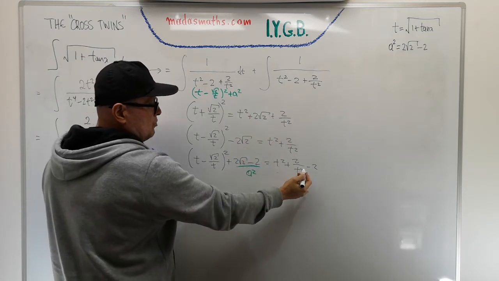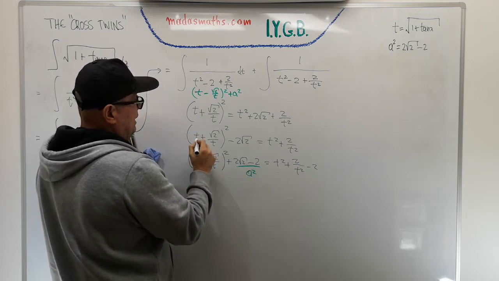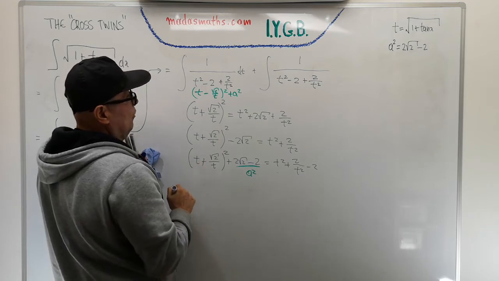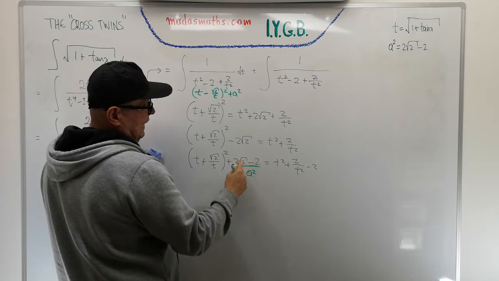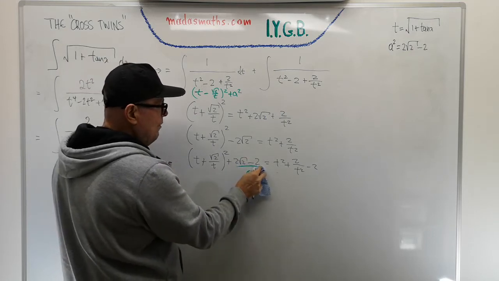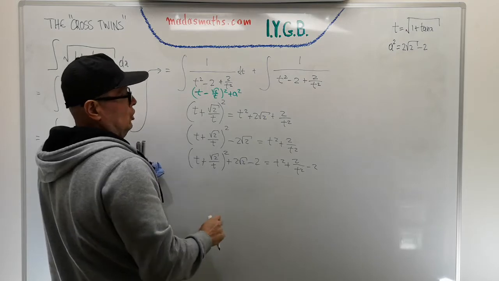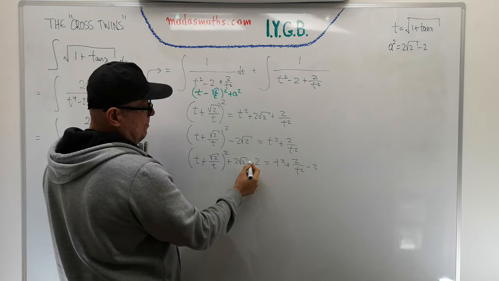And then I need to subtract 2 from both sides. And don't forget, this has to be now a plus. I forgot to actually change that to a plus. Okay, so what we've got now is exactly the same. Well, not exactly the same. Something very symmetrical. We got 2 root 2 minus 2, which again is, sorry, plus 2, I beg your pardon,